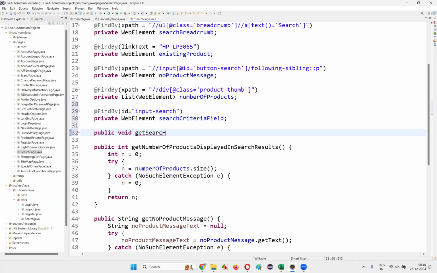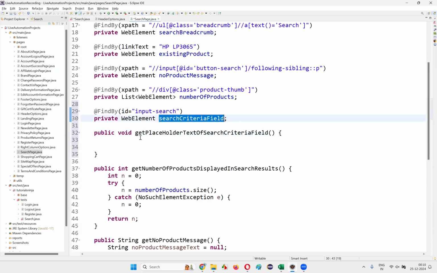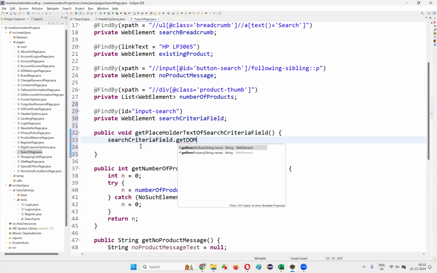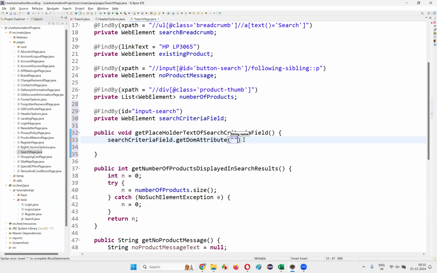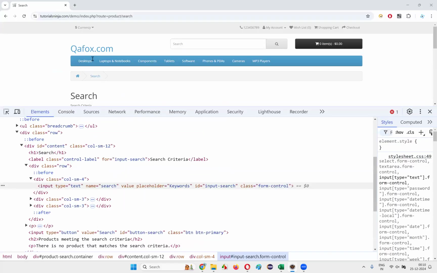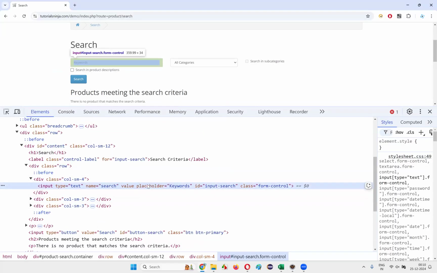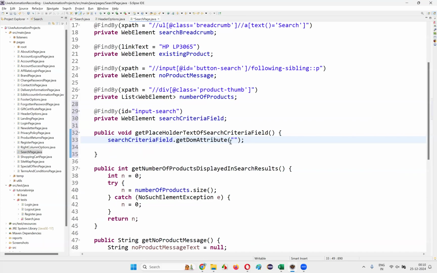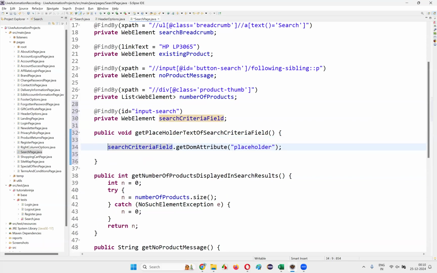Get placeholder text of search criteria field. Like this I'll create a method, and here I'll write search criteria field dot get DOM attribute, and in double quotes give the attribute name. If I inspect this keywords field, placeholder is the attribute name, so give that here, and here I'll write a string saying